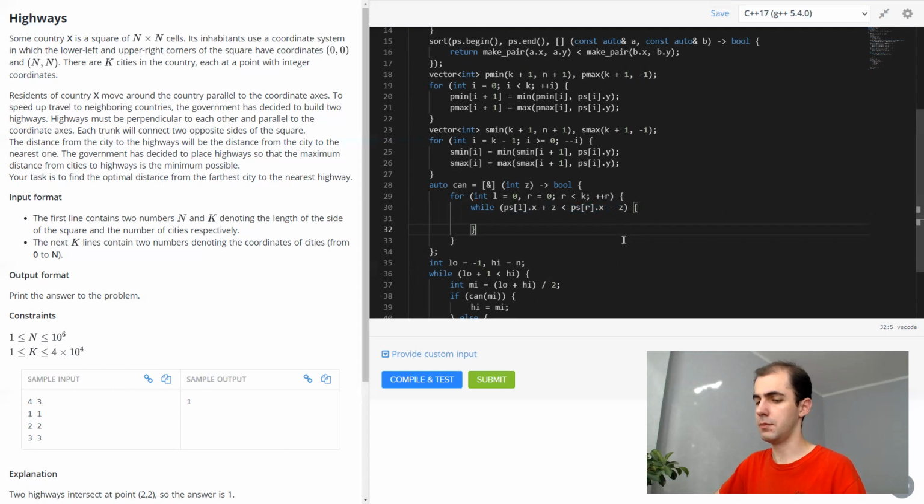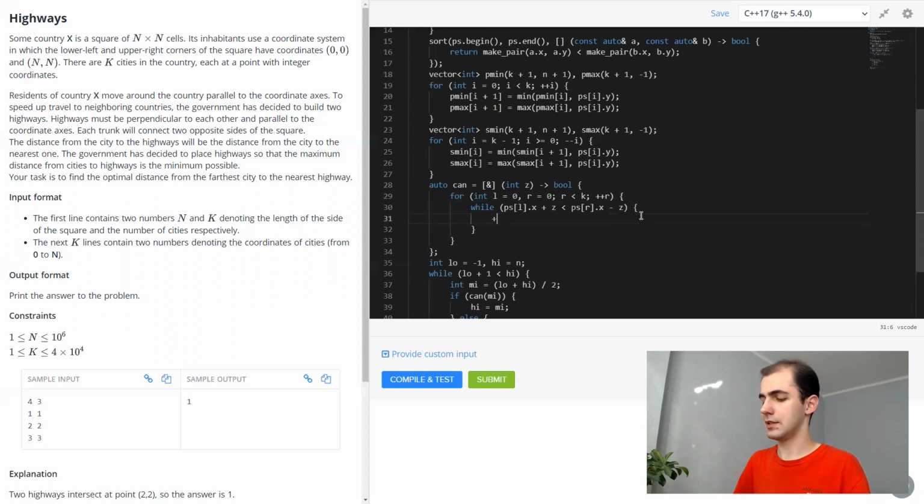You can think about this in the following way. Both left and right points give you a bound on where the center, the line, can be. The right point is telling you, well, the actual highway cannot be less than my x coordinate minus z. And the leftmost point says that it can't be bigger than my x coordinate plus z.